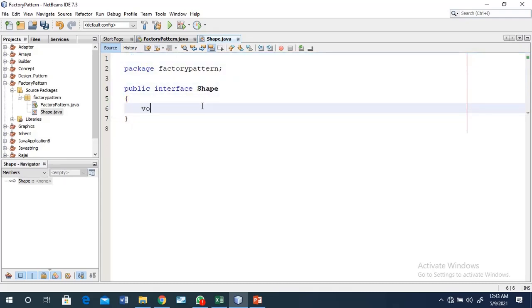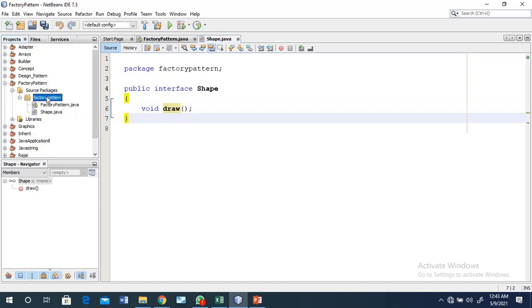In that interface there is one method, void draw. It just declares the method, not defines it. We know an interface is only used to declare, not define, and we implement the interface through subclasses.